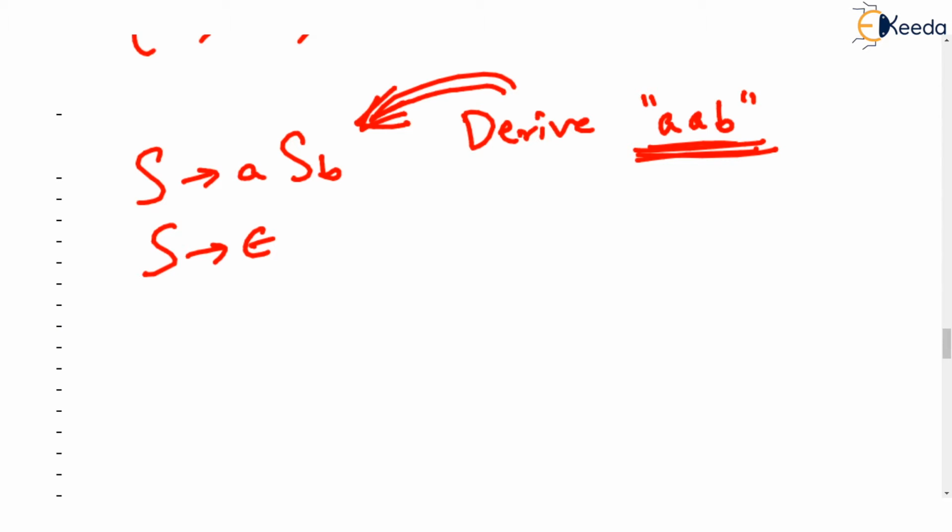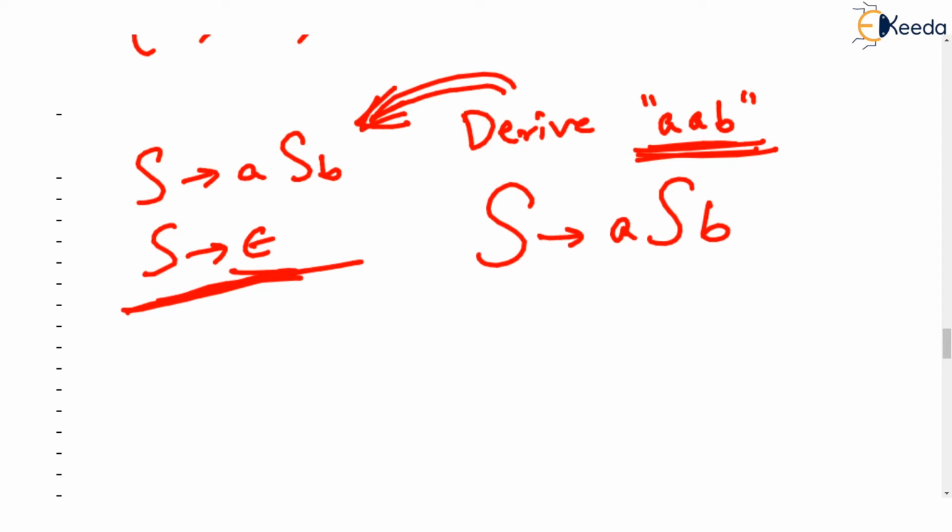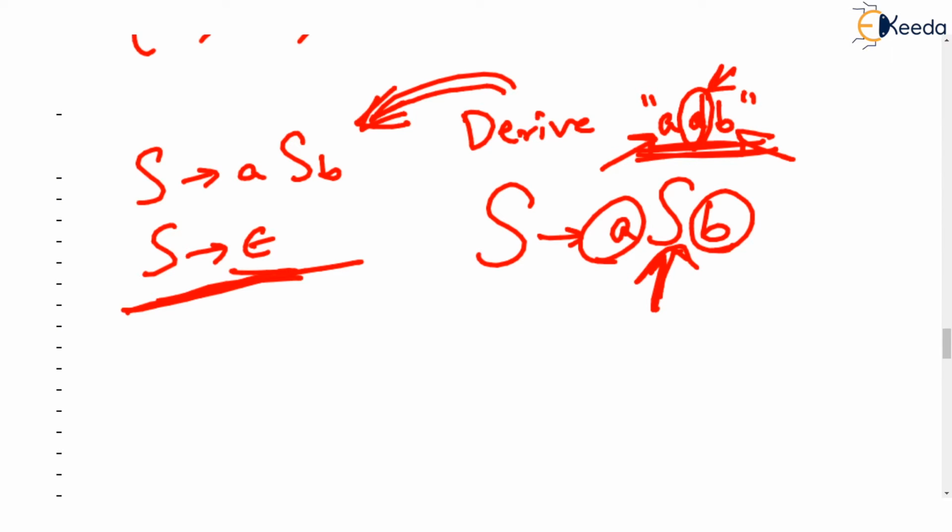Let's see how. We will start with S. We don't want the null string immediately, isn't it? So we will use ASB. Okay, good. That means we have got the first A and last B, which we needed. Look at this, first A and last B. But now this S, which is a variable, should somehow derive this middle A. Only one A pending, you see here, only one A pending. But strange, or rather, the truth is that we do not have any production in the grammar such that S can give only A.